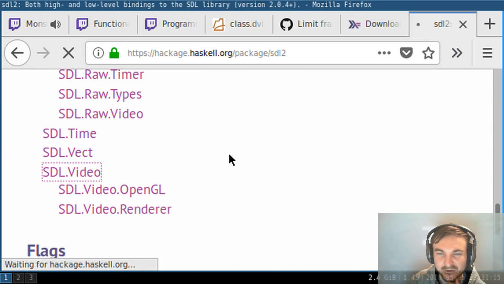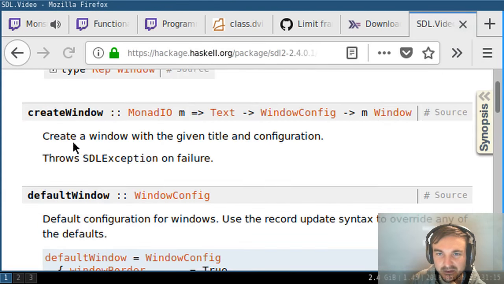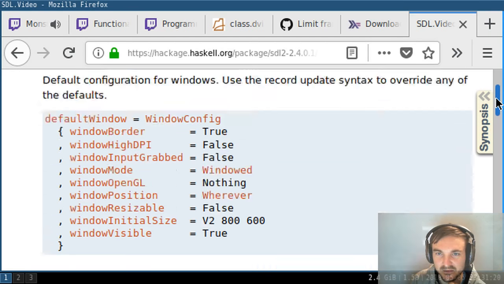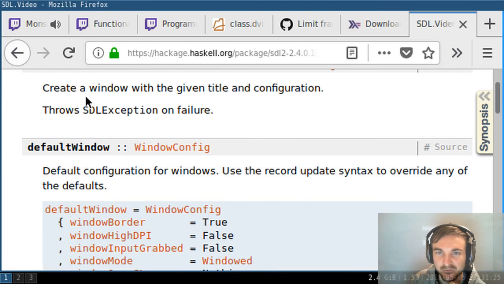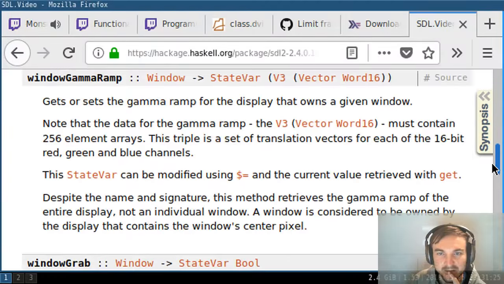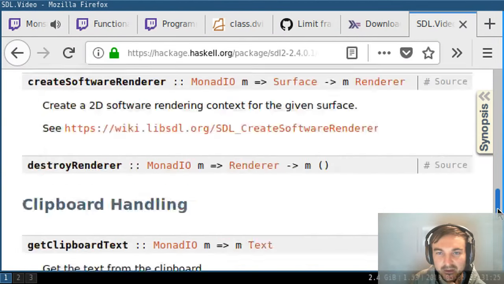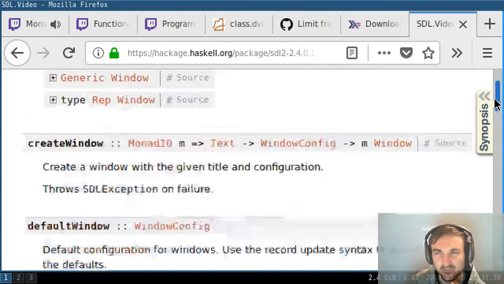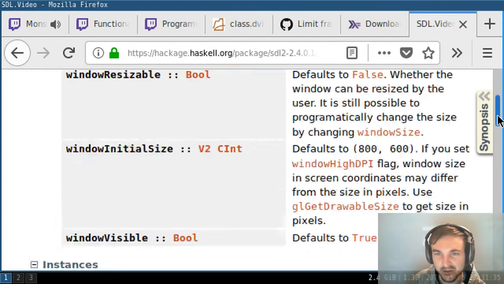But here, SDL.video, and that's got lots of good stuff. It tells you how to create a window. And using the types, you actually get directed towards the solution on how to create a window and what configuration there is in that. There was a little bit that I had to learn, which was, I'm not very good at graphics programming, but